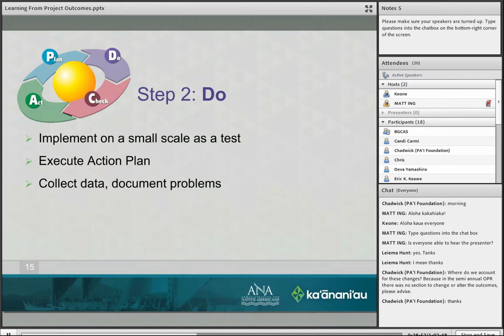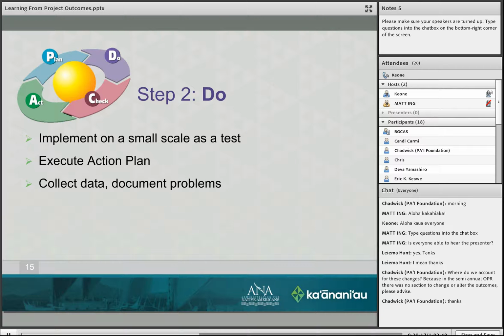If you implement on a small scale and it is not successful, then you go back to the planning process. You figure out why it wasn't successful. What are some of the challenges that came up that we need to address? If it is successful, then you execute the entire action plan.